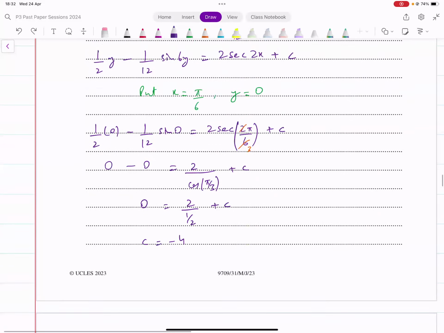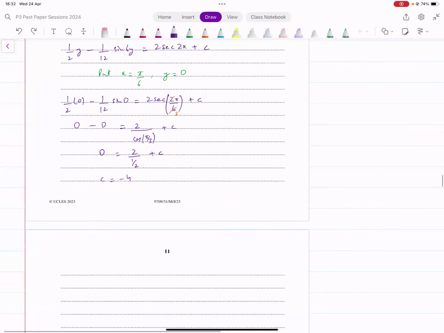In that function, what was the function? Write that here. 1 over 2 times pi minus 1 over 12 into sine of 6y. On the other side, you got 2 secant of 2x minus 4. That's what we've got. Okay, that's the function. And now